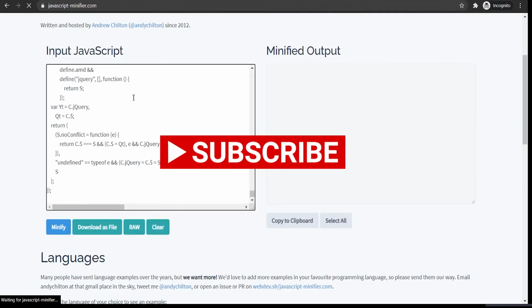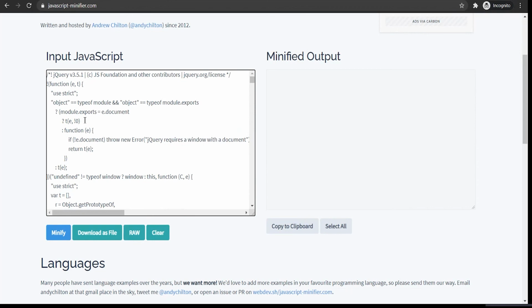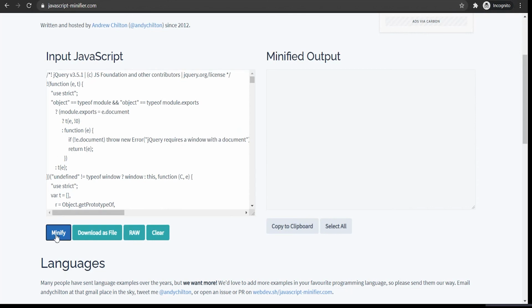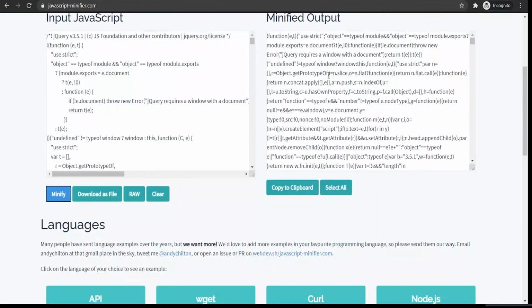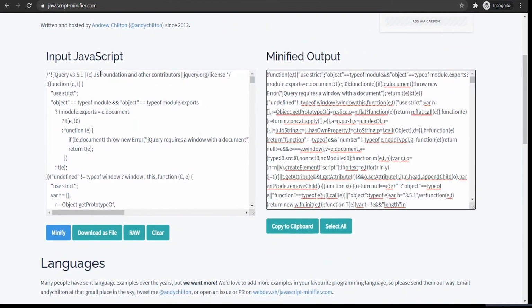The input string is there. I've just pasted the unminified version of the jQuery here. I'll just click on minify. Now we have the minified version of this output. We'll just copy to clipboard.